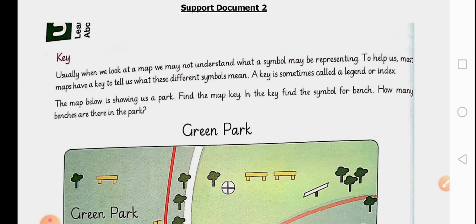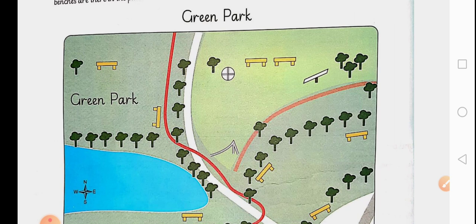I hope in today's lecture the things have been cleared so far. In today's lecture we came to know that all the maps have a title. Title means name of a map which tells you about the area the map is covering. Then there are symbols. Symbols mean small signs, because it is very difficult to write the name of the buildings or important places or to draw their exact pictures. Then we came to know there is a map key at the end of every map, and in that map key they have explained the symbols drawn in the map.